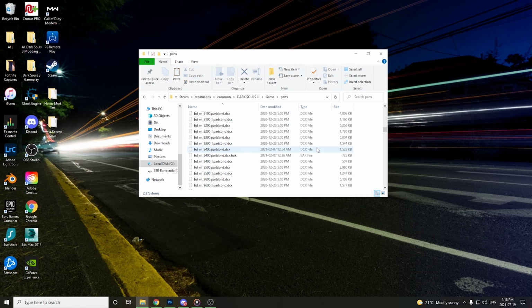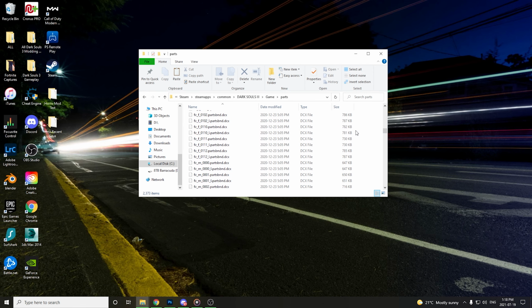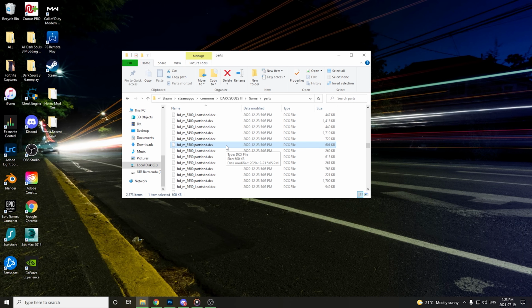Then in this parts folder, scroll down until you find files starting with the letters HD for head, since we want to find a helm armor piece. Once you're at the files starting with HD, simply find that exact number that you're looking for. So for me, I'm looking for the file number 5500 for the Exile mask. Once you find the file with that number, you want to go ahead and copy that exact file name,